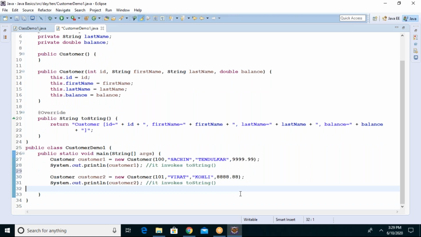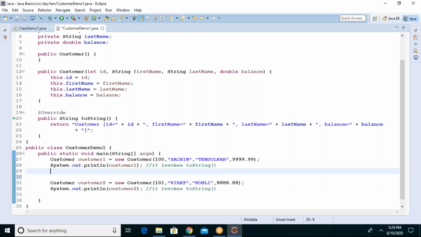Right. Now the next point after this is, okay, we understood what about the constructors and objects. Now tell me, suppose after creating object of customer 1, if I want to change the last name, I mean Sachin Tendulkar.